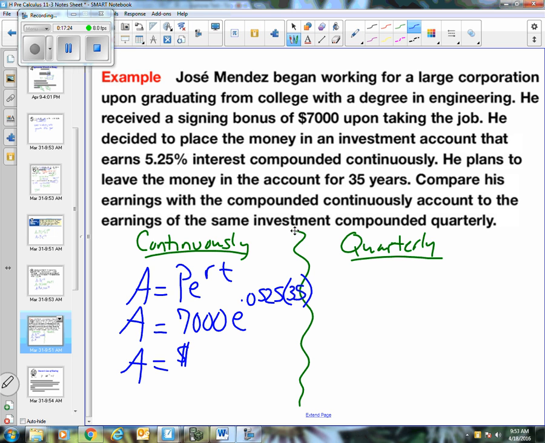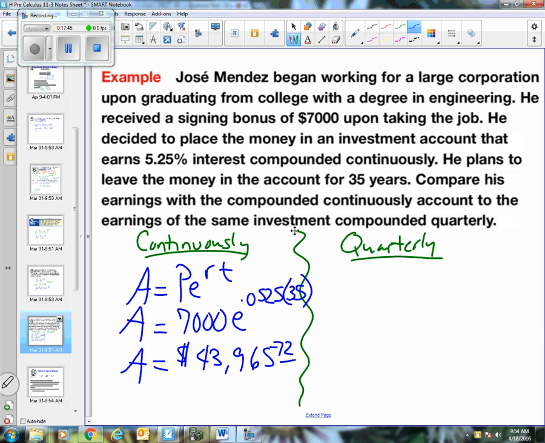Go ahead and try typing that in. So $43,965.72. Did pretty well. Remember, his initial investment was only $7,000. He's up to almost $44,000. So pretty decent amount in interest there. So how much better than